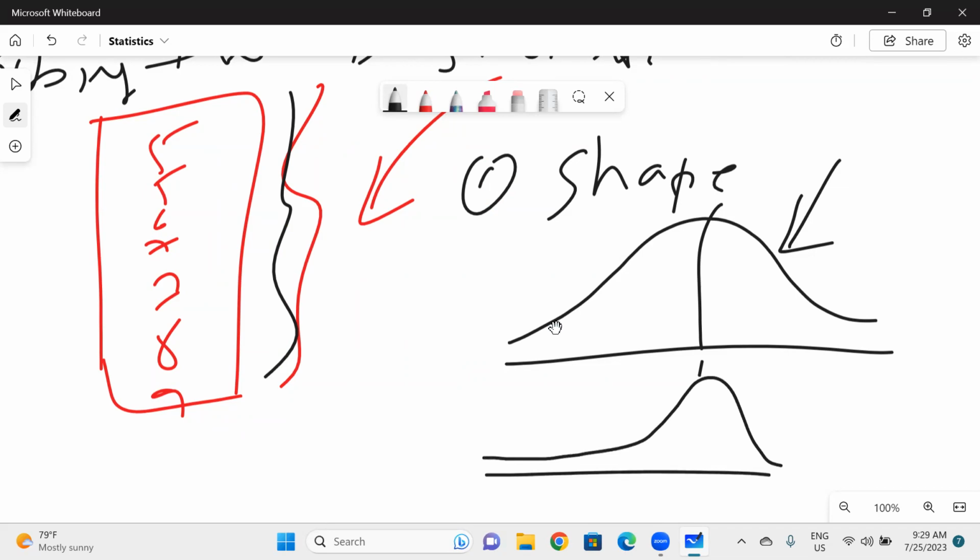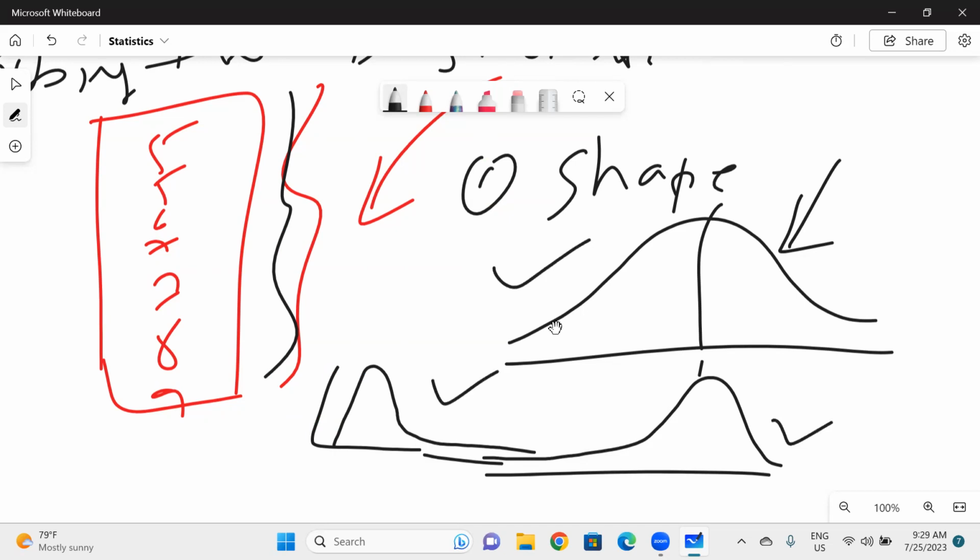And sometimes the data is distributed something like this. It's skewed, I think it's left skewed. Right skewed in the sense that the data peaks at one level and goes down on the right side. So this is right skewed. This is one type of shape, and this is another type of shape. With the help of the shape parameter, we can talk about your data.